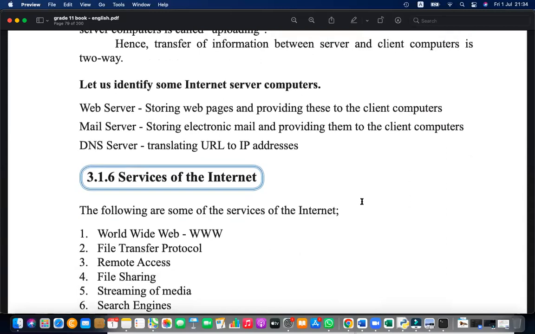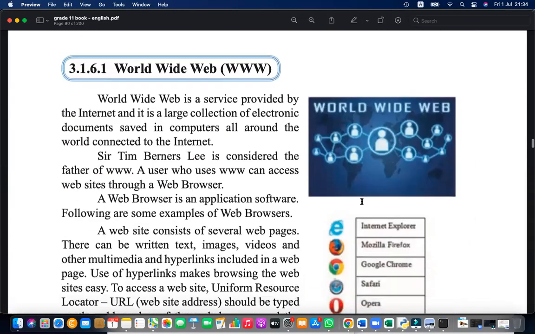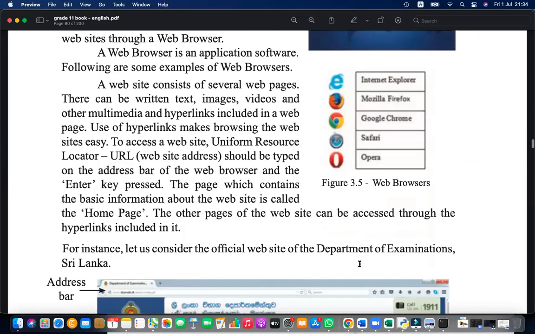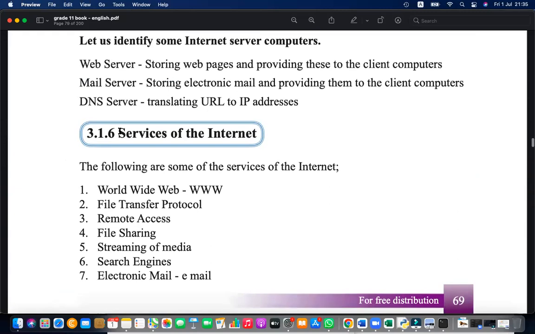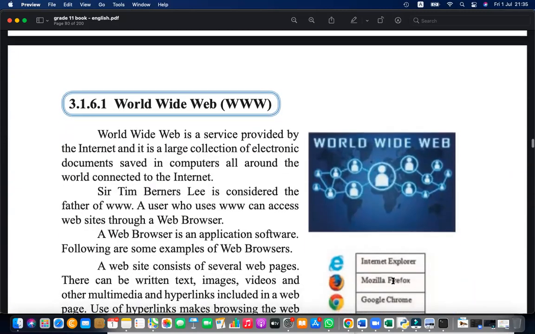Okay, so there are different servers, email servers, web servers, and others. Services we learned, so different services are also there. Internet provides a lot of services. So web browsers we learned, and search engines also we learned. Web browsers are software programs which help render web pages. So that will display the web page to us. That is the client software actually. This is the server software. The web server sends the service. The web browser receives the service.